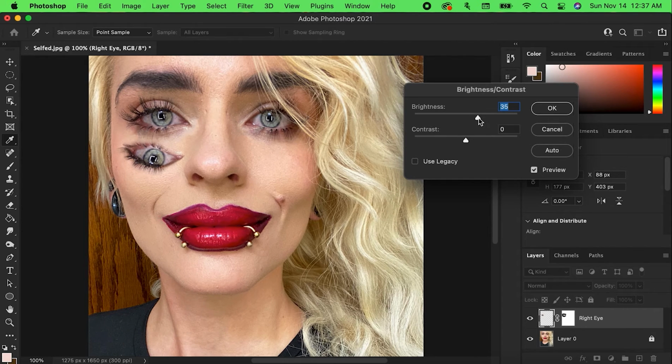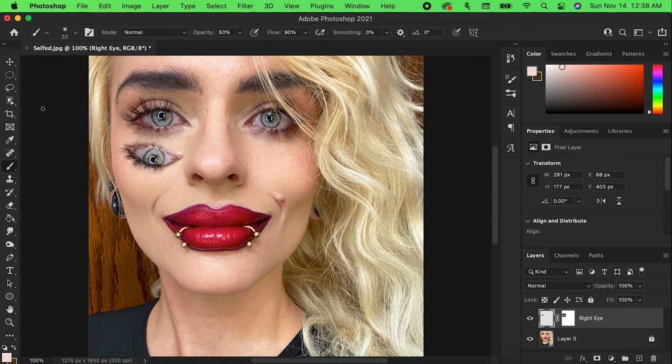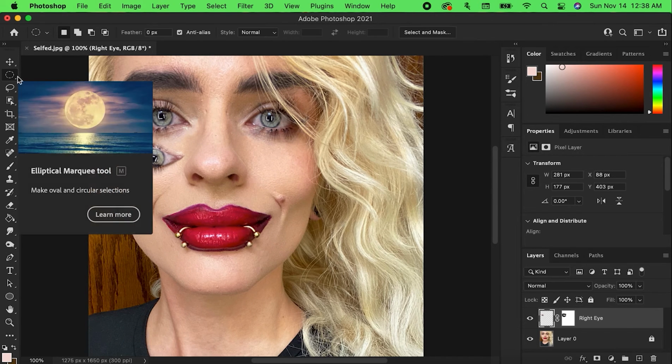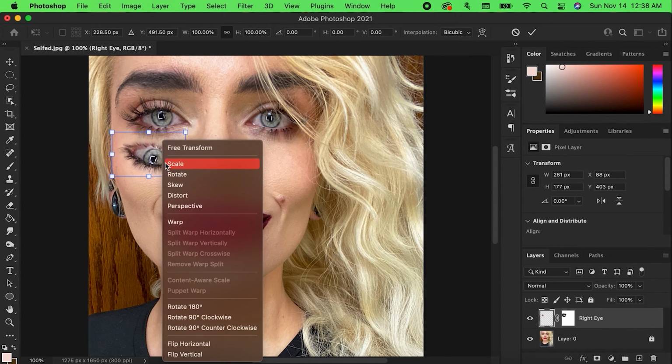You can also do this through curves, color balance, hue, and saturation. Again, this is especially true if you're pulling a piece of an image from another image. Since we're pulling this from the original image that it came from, a lot of the channels don't actually have to be adjusted quite as much. All right, now that we have the colors and the values balanced pretty well,